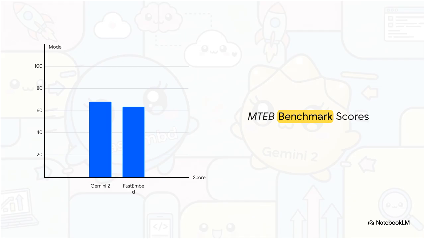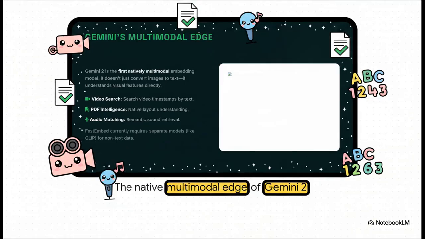So Gemini is measurably better when it comes to complex semantic matching, paraphrasing, and multilingual tasks. But honestly, FastEmbed's score of nearly 64 is still incredibly competitive, especially for your standard English text matching tasks. And it's even more impressive when you realize it's running completely for free on your CPU. But hey, accuracy scores really don't tell the whole story here.